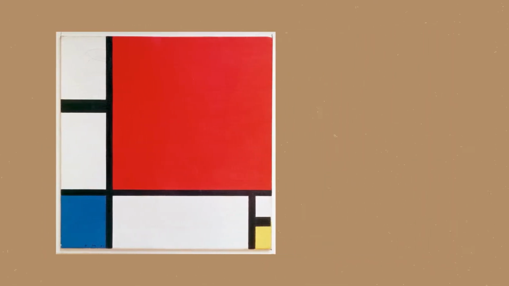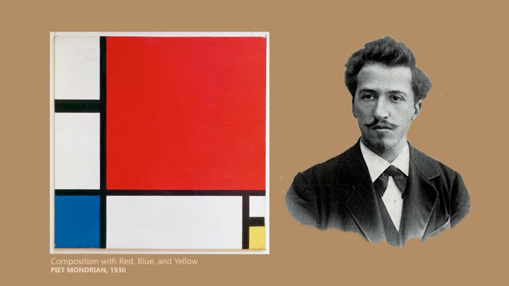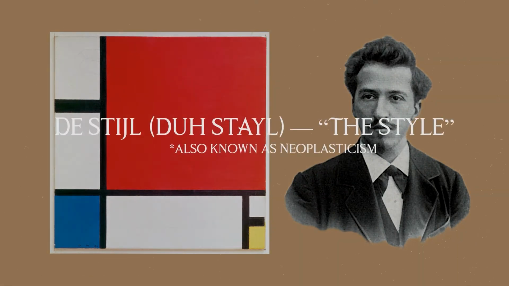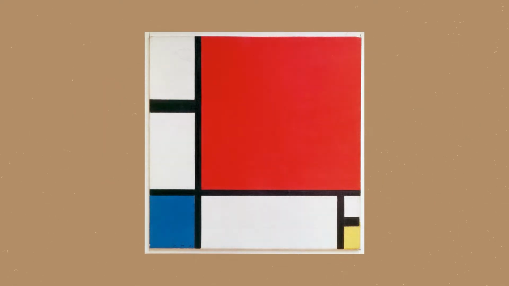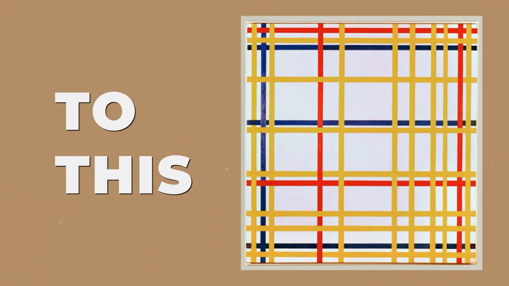For Dutch artist Piet Mondrian, the result is an entirely new style of art called, fittingly, de stijl. It looks something like this, and it's all about playing with the essentials: straight lines, primary colors, and space to express something universal, a pure, abstract art. But how did art get from this to this?